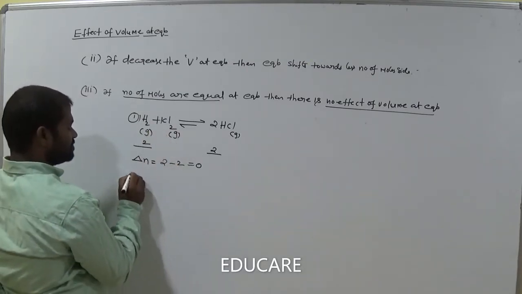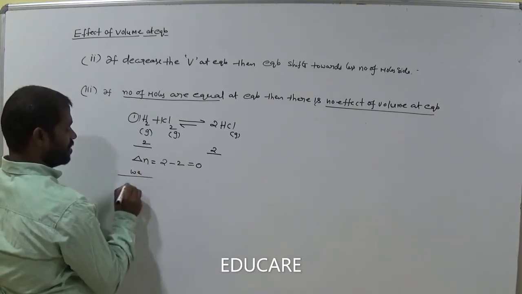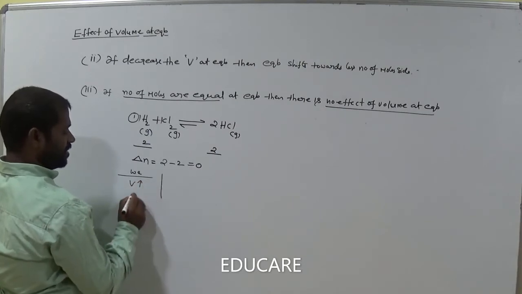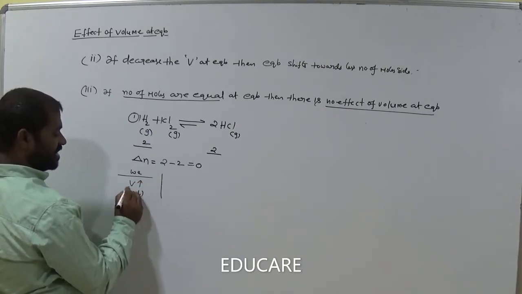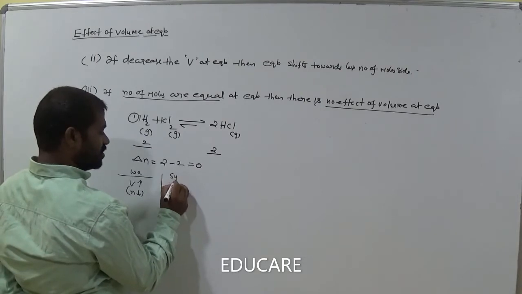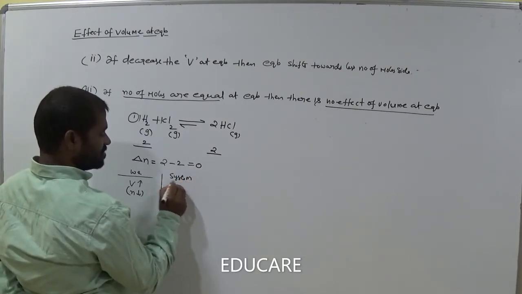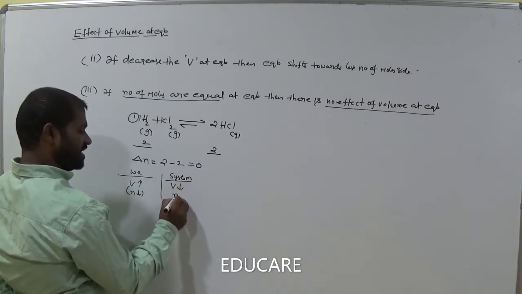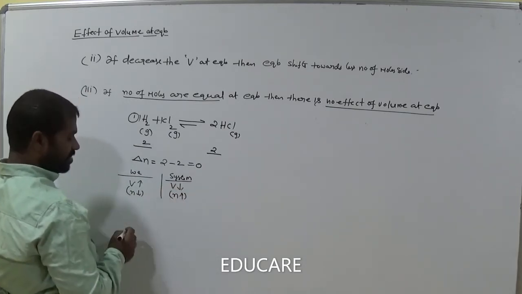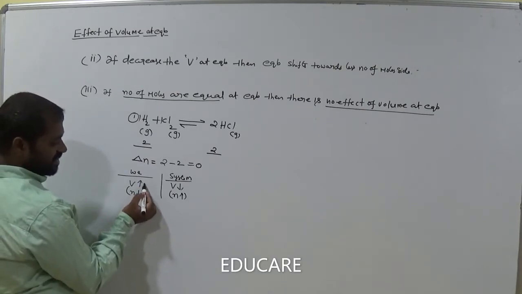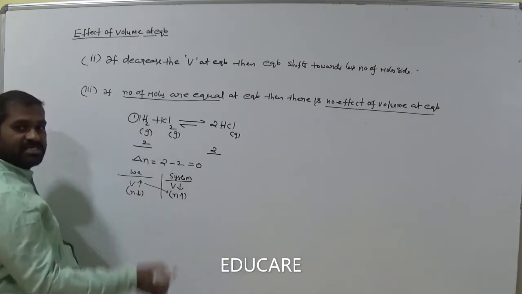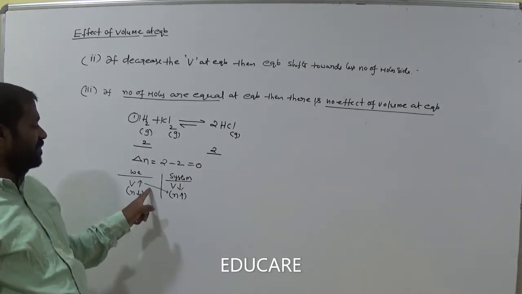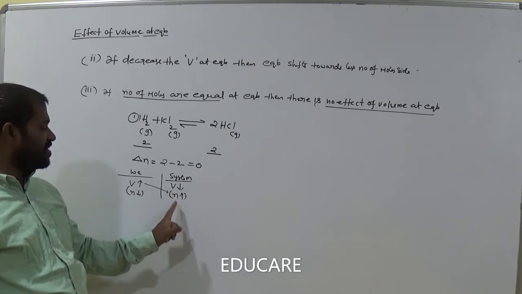Suppose in this case we increase the volume. Increasing the volume means number of moles decreases. Now what can the system do? We increase the volume, the system tries to decrease the volume. That means it increases the number of moles. Okay. So volume increases means number of moles is high. Am I right? So at high volume the equilibrium shifts towards the less number of moles side.